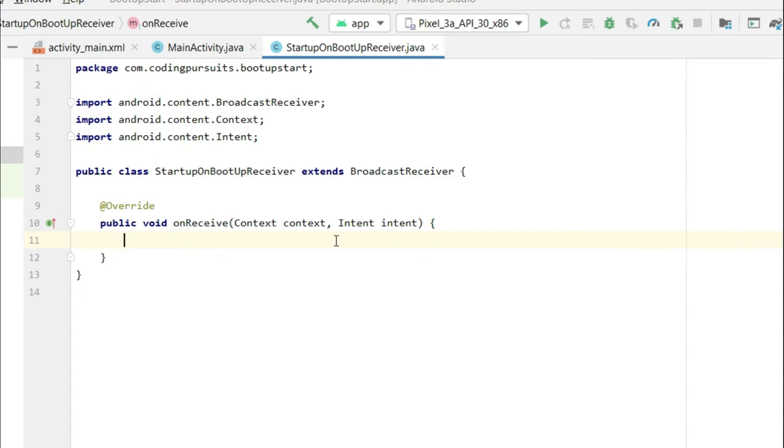Whenever we receive the broadcast on boot up, we will get this callback. Now let's start the activity in this receiver. For this I will first write an if condition to verify that I have received the boot up complete broadcast.